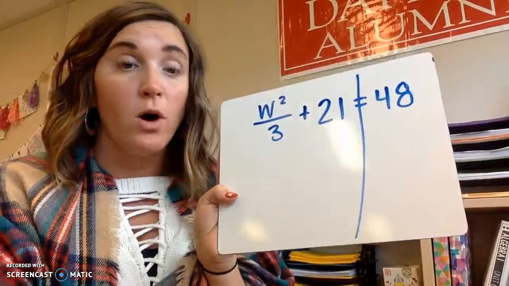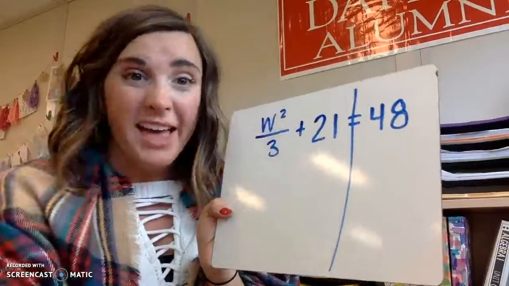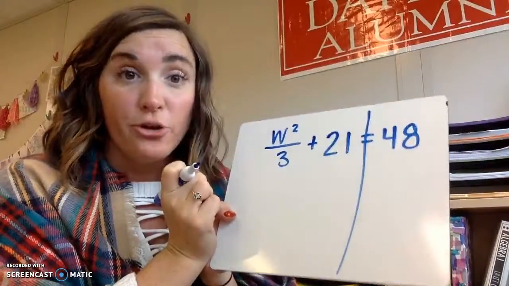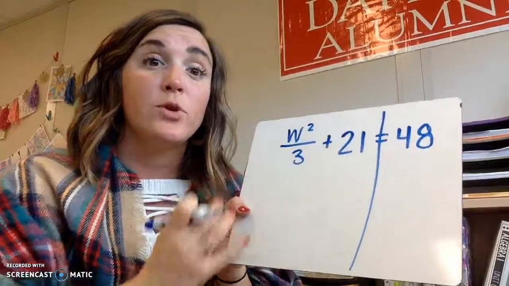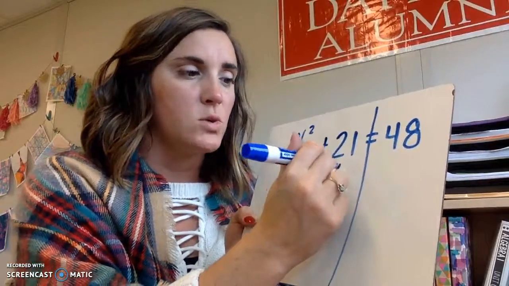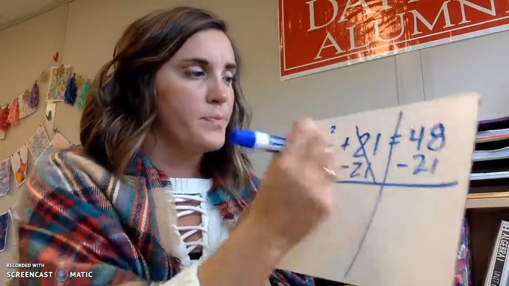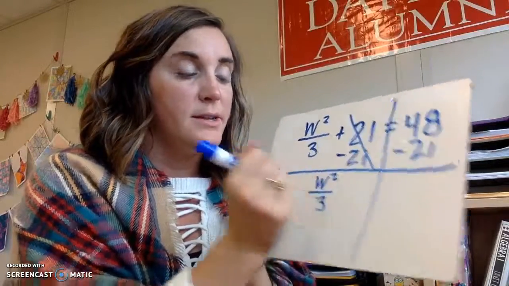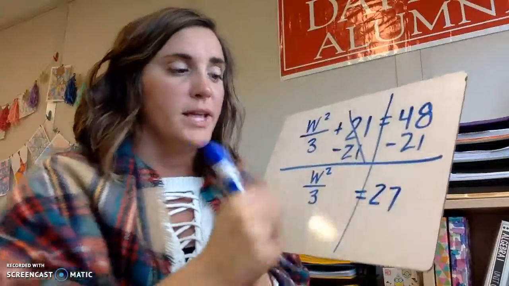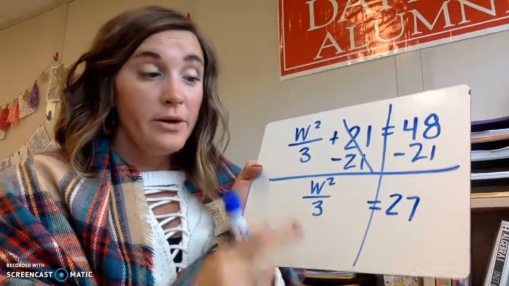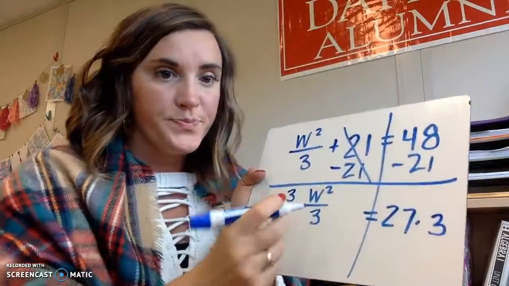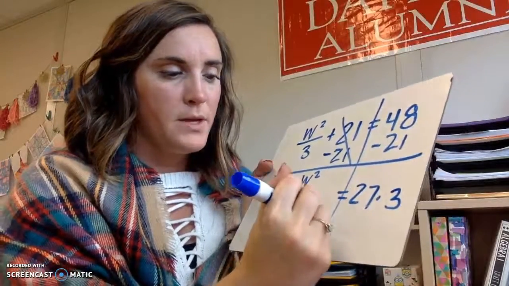I already went ahead and drew my brick wall. So 21 here, again, that's like the dog laying around. 3 is my cat that's being annoying underneath my chair. 2 is that little bird. So whatever needs to be moved by adding or subtracting happens first. So I see addition, so I know the opposite is to subtract. So W squared divided by 3 equals, because that cancels out, 48 minus 21 gives me 27. So, got to get rid of that cat. We are dividing by 3, so the inverse is to multiply by 3. Cancels out. W squared equals